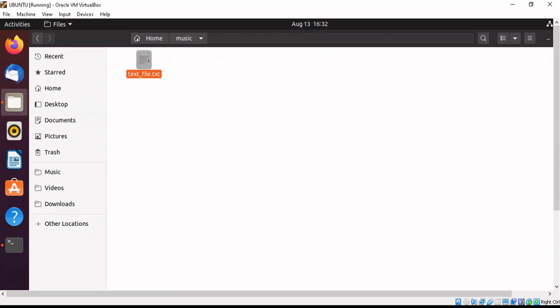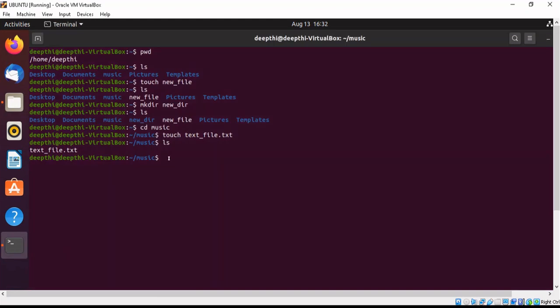Now see, this file has been created in this music directory, right? Now let's say I want to create a document having extension xls. The same I can see here. Again I write ls and I see the output. So this has been created here.